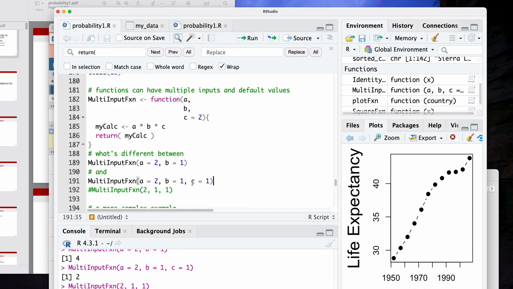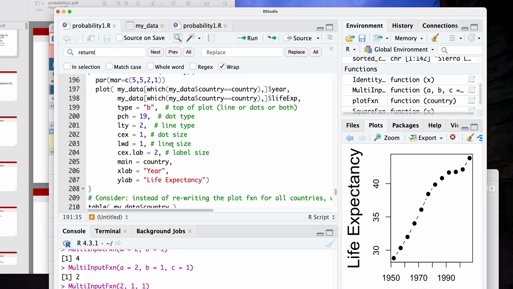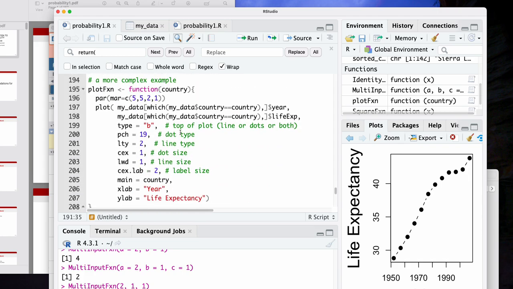This is going to be important because a lot of what you're doing in your research is doing the same thing many, many times. And if you think of a function like a template, or what's a good analogy? A recipe. Yeah, it's like a recipe. You don't want to have to rethink in your mind what is the formula for OLS or what is the way of getting standard errors from cluster standard errors. I don't want to have to retype it every time. Instead, I want to basically have the recipe that I get out of my recipe book and I just let my computer follow the recipe exactly. This is an analogy for functions. And I'm going to show you in a minute how you can use functions to plot the economic trajectory or the life expectancy trajectory for every single country in the entire world.